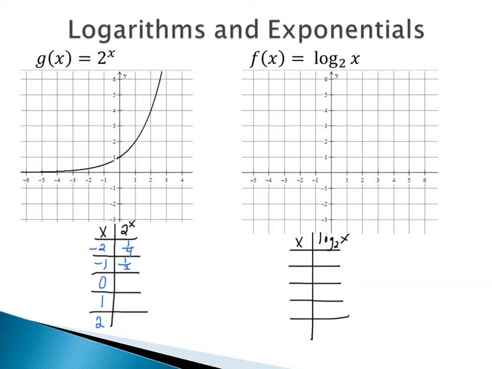At x equals 0, we would have 2 to the 0, which would just be 1. At x equals 1, we would have 2 to the first, which would just be 2. And then at x equals 2, we would have 2 to the second, which would just be 4. So although the graph is already here as a reference, looking at each of these points, we can make sure that they are all on the graph. So -2, 1/4; -1, 1/2; 0, 1; 1, 2; and 2, 4. They all match up with the given graph.